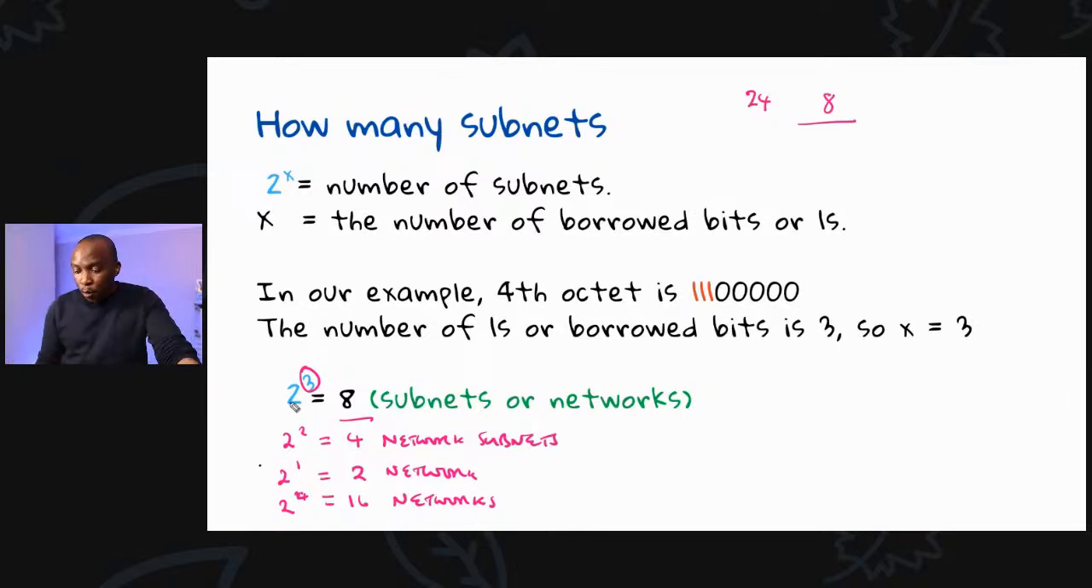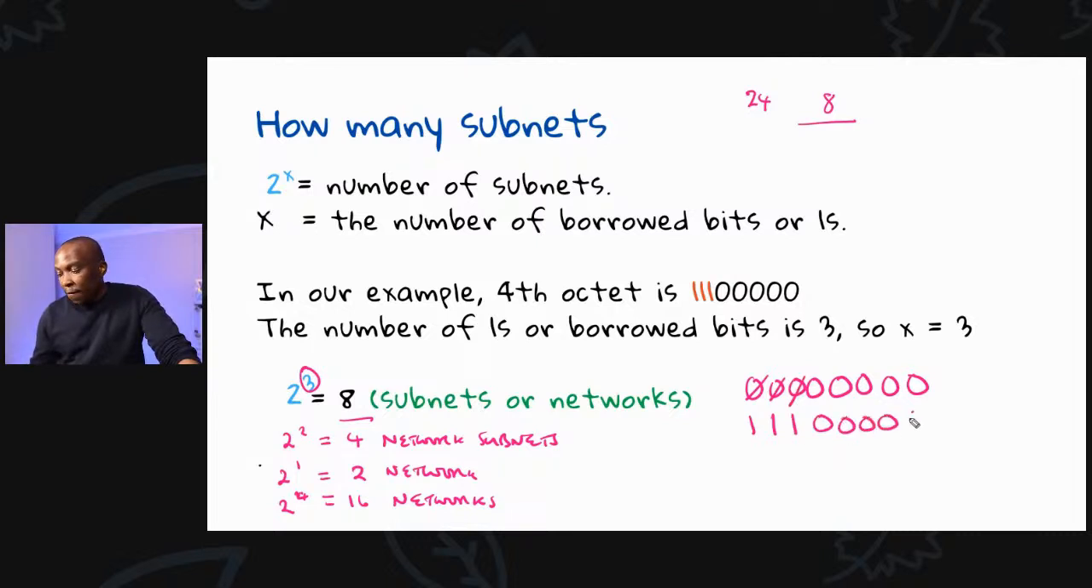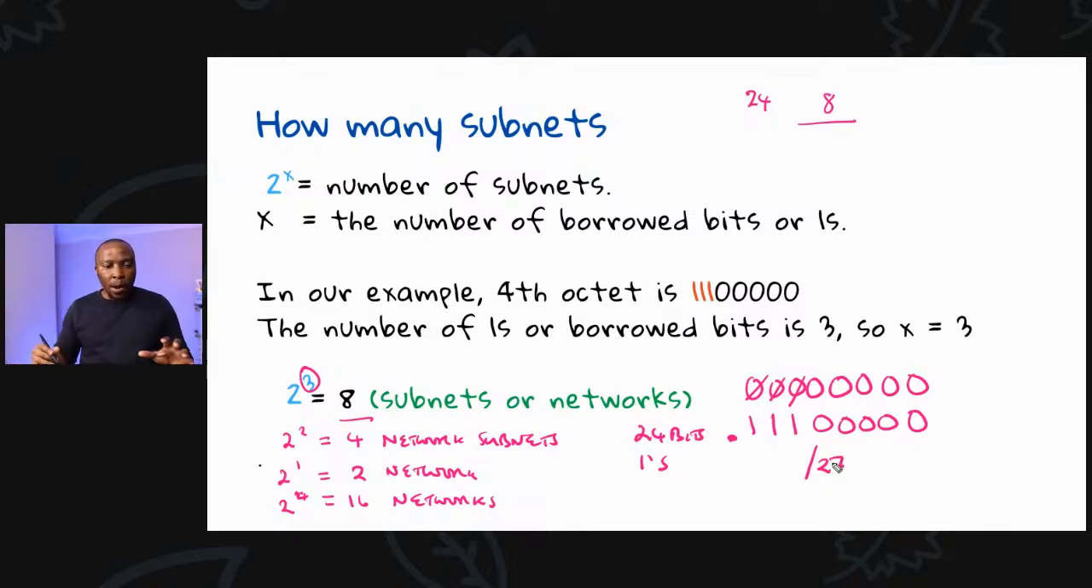So if we borrowed 3 bits, it means that of the last 8 bits, remember there were 1, 2, 3, 4, 5, 6, 7, 8 zeros. But now we have borrowed 3 bits, so this becomes a 1, this becomes a 1, this becomes a 1, and then we still have the remaining zeros. And before this, we had 24 bits or 24 ones. So 24 plus 3 makes this a /27. We're going to look at examples that will help us break this down and make sure that we've got very good